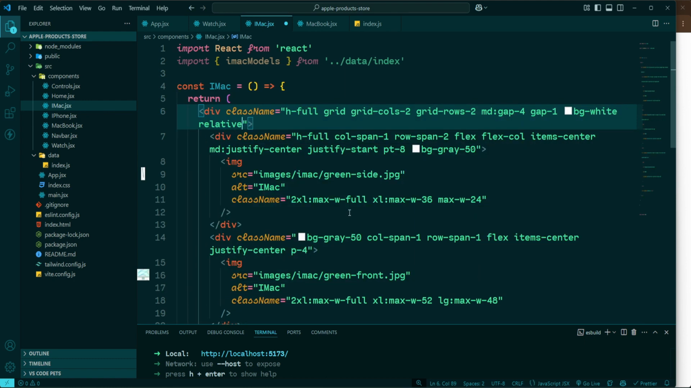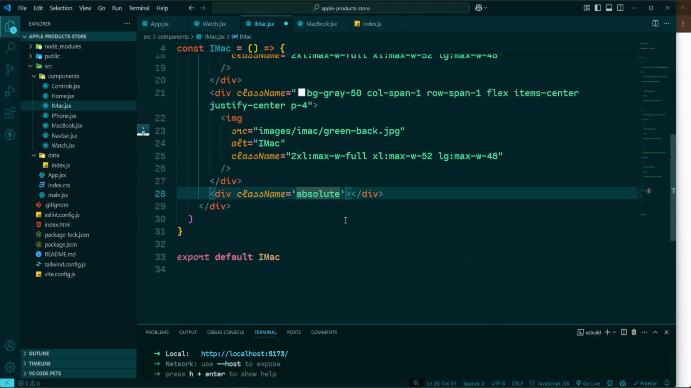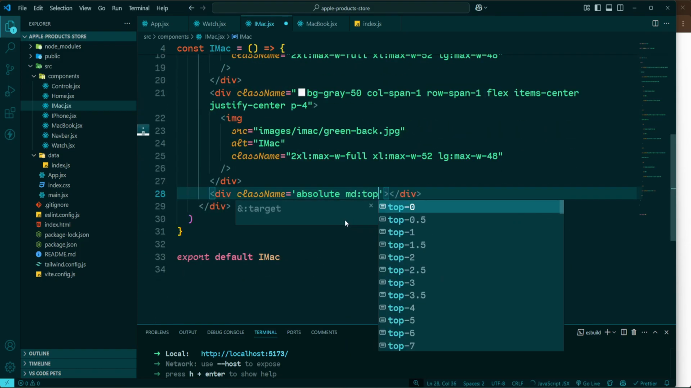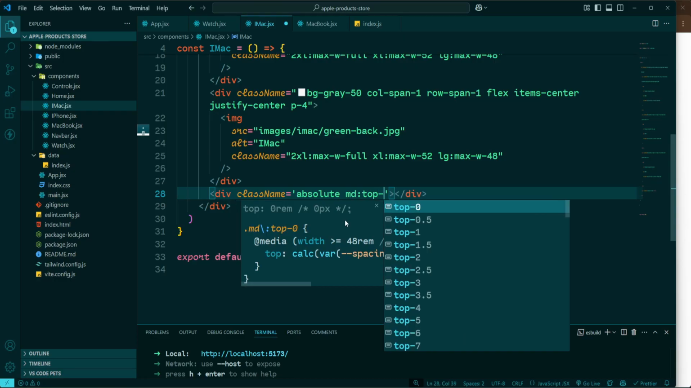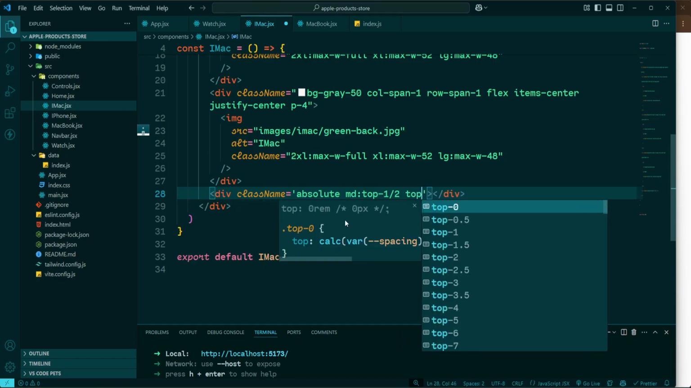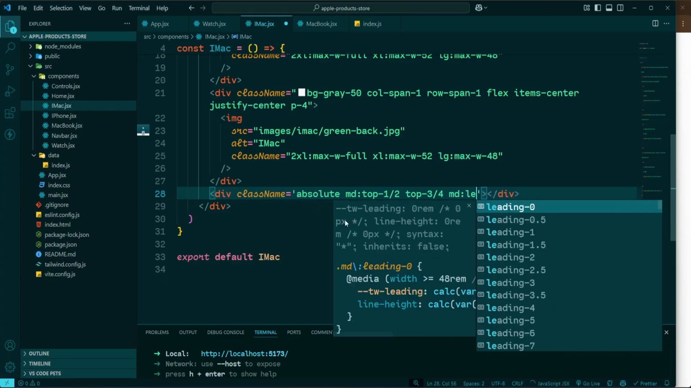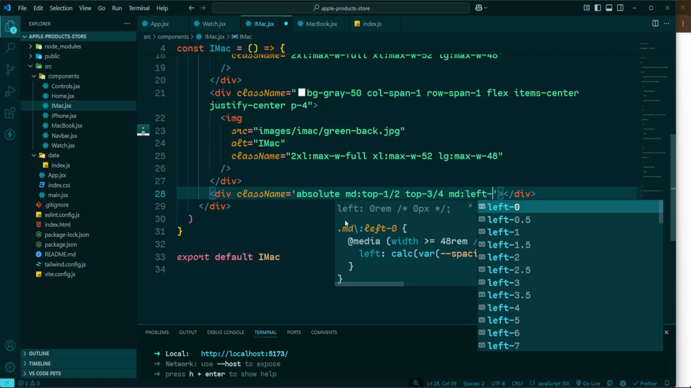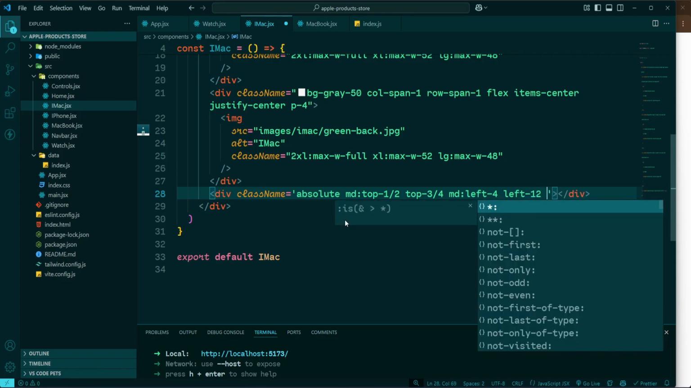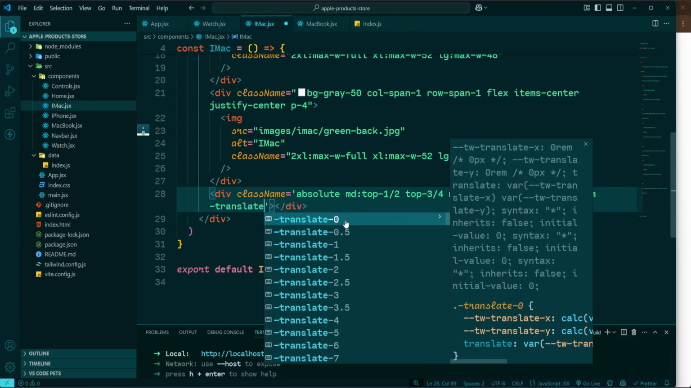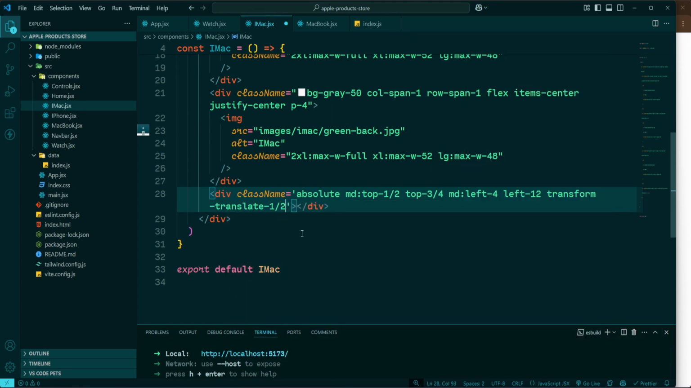Actually, we need relative. Then down below, let's add empty breakpoint. Top position is going to be 50%. Then we will have top position equal to 3/4. Next, we need empty breakpoint with left position. It's going to be 4. And then we need left position with the value 12. Next, I'm going to use transform with the value minus translate with 50%. So when we use minus 50% and top position with the value 50%, it means that we center the element